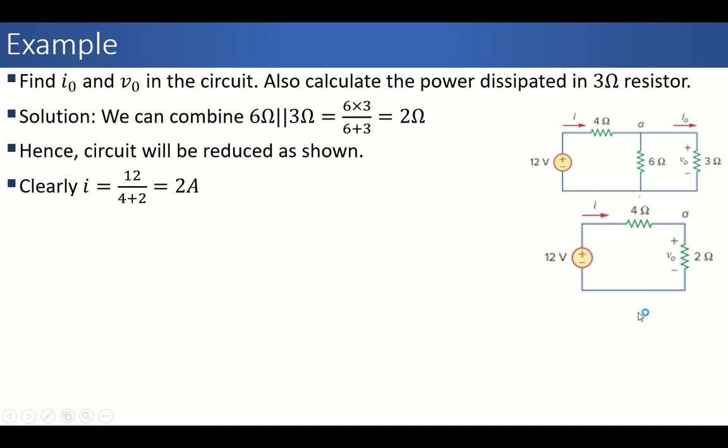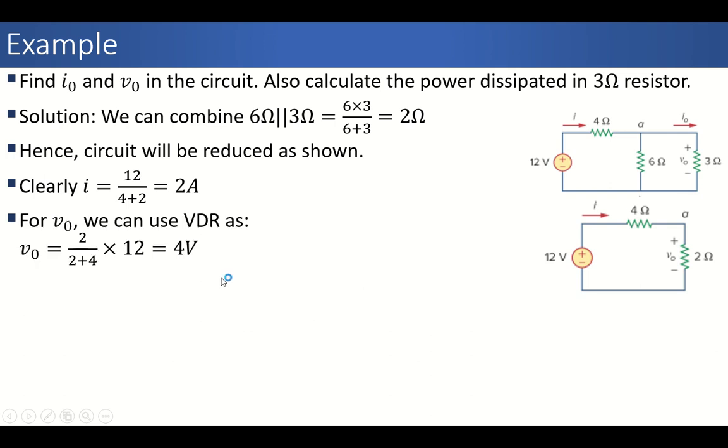The total current will be the total voltage, that is 12 volt, divided by the total resistance of the circuit. You can see that these 4 and 2 are now in series, so their equivalent, or sum, will be 4 plus 2, that is 6. We can use Ohm's law, that is I is equal to V divided by R. The voltage across these two terminals is 12, and the resistance is 4 plus 2, which is 6. So 12 divided by 6 will be 2 ampere. So 2 ampere is the current flowing through the main branch of the circuit, and this current is actually divided between the 3 and 6 ohm.